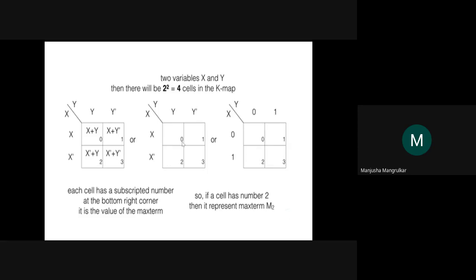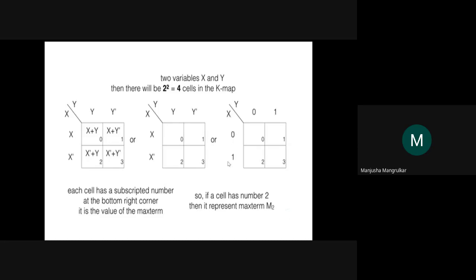So our first step is that we need to numberize the cells 0, 1, 2, 3. If it is a 2 variable, it doesn't matter that much. But if it is more than 2, like 3 or 4 variables, we need to numberize the cells first, right? So instead of x it can represent 0, 1, 0, 1, as we have seen earlier in sum of product. Now this 0 means what? This x is x complement. X is only x.